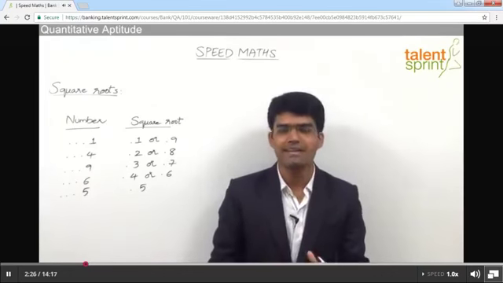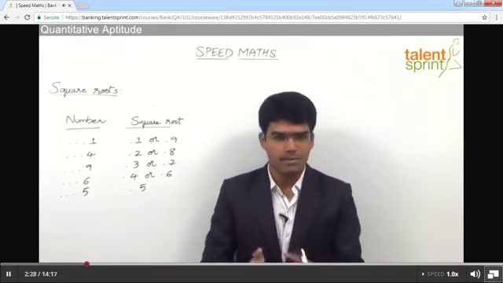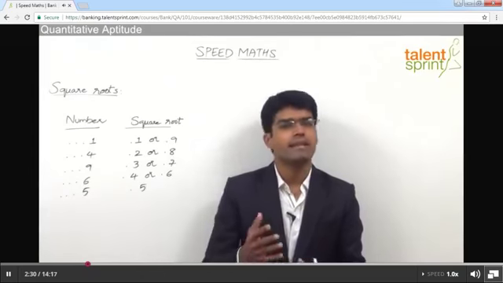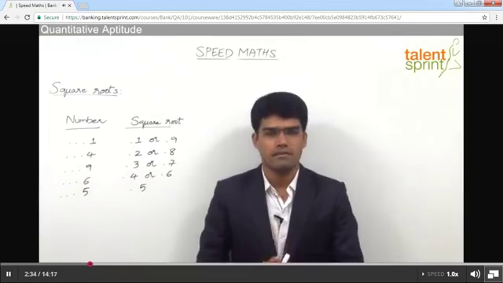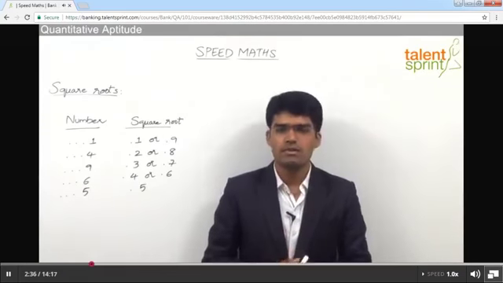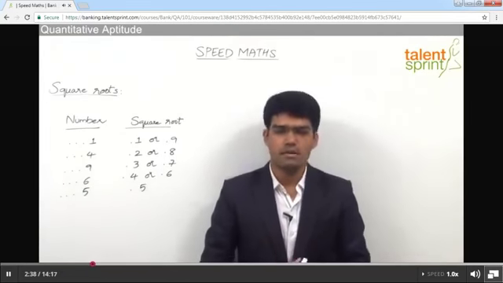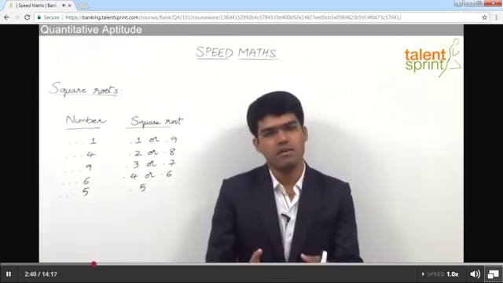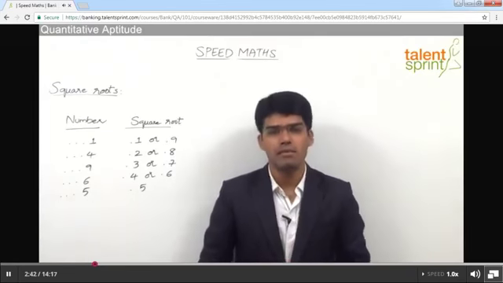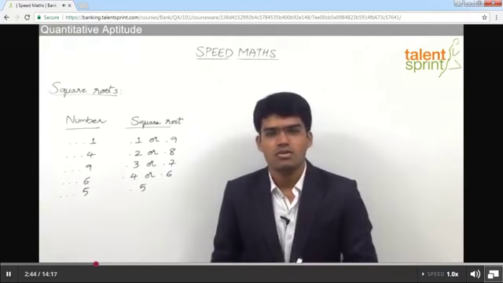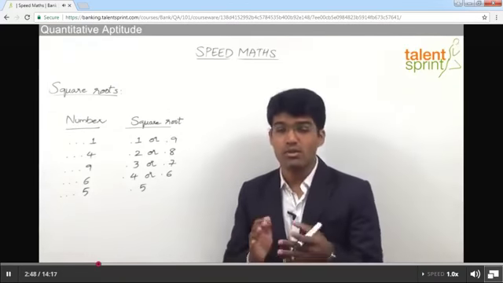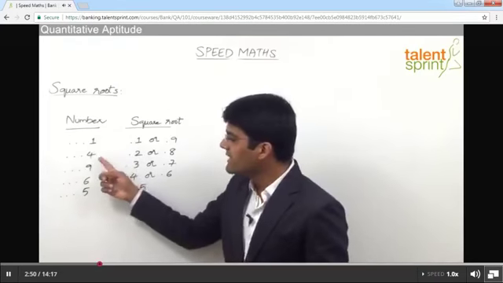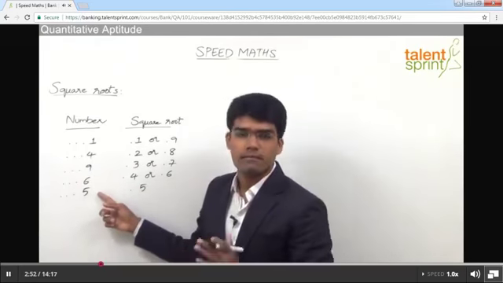Take it for granted that the number is a perfect square, apply the method that we will discuss now and get the required answer. Do not worry about whether it is perfect or imperfect. Why? Because as I've already mentioned, in bank exams we always get perfect squares. If it is a question from approximations, then the given number may be an imperfect square. So keeping in mind that the method is applicable only for perfect squares, let us also understand that these numbers that we are talking about here are all perfect squares.